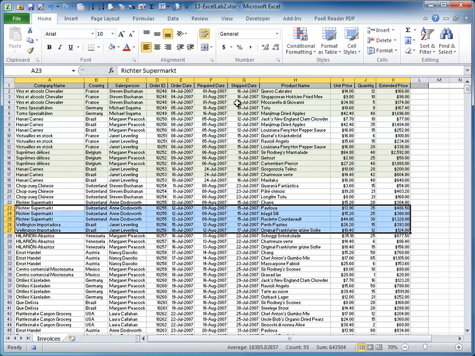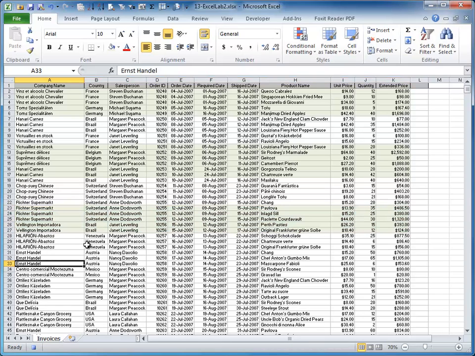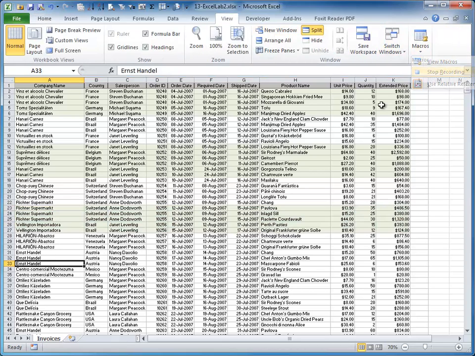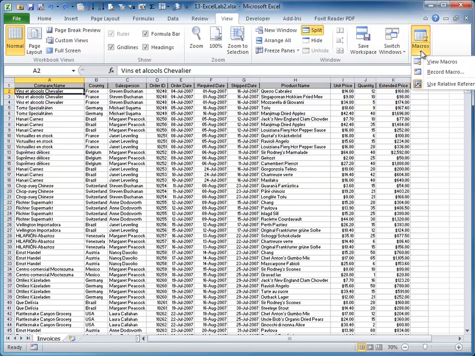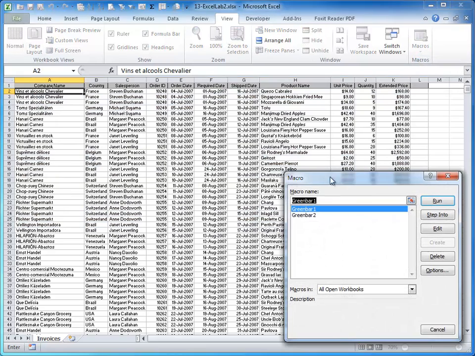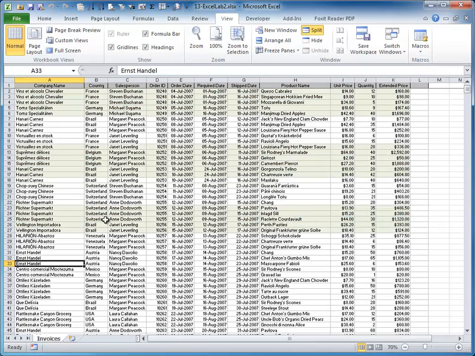Okay, get the idea. And then we'll put the thing right there. We'll go to view, and this time we'll stop recording. And now if I take off those highlights, and if I do view macros, and this time we run green bar 2, you'll see it looks like